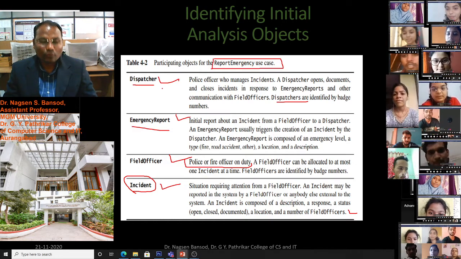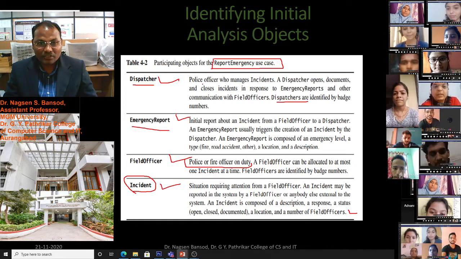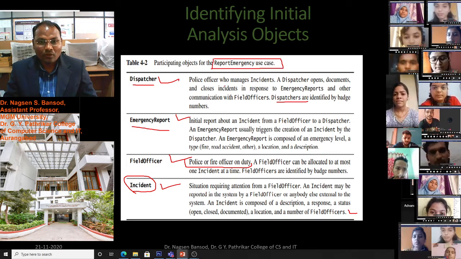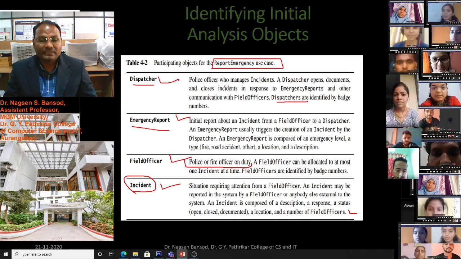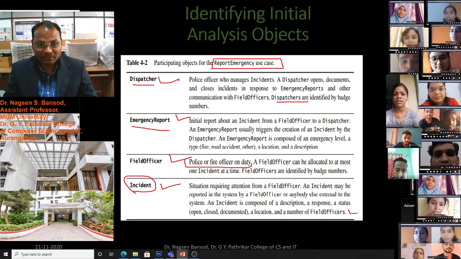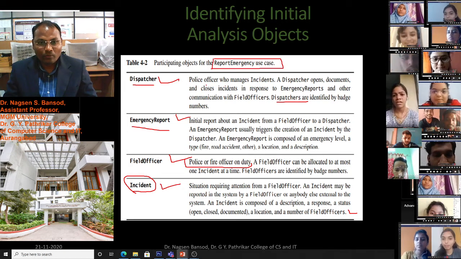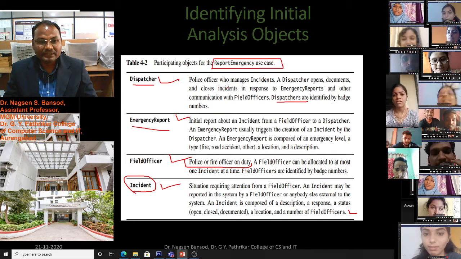Dispatcher. Who will be the dispatcher? The police officer who manages the incident.